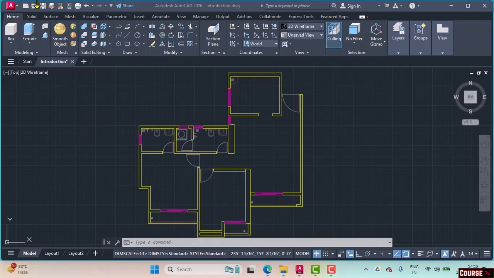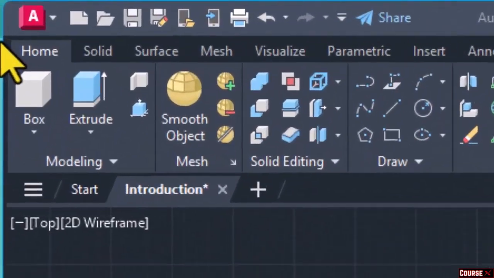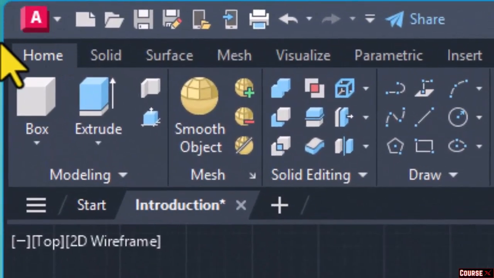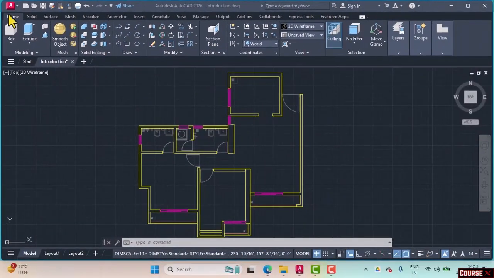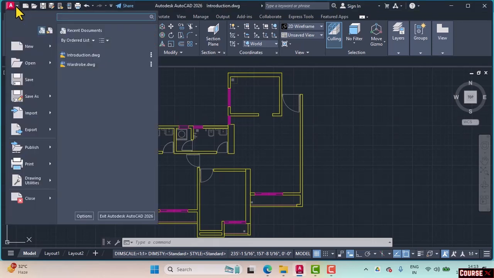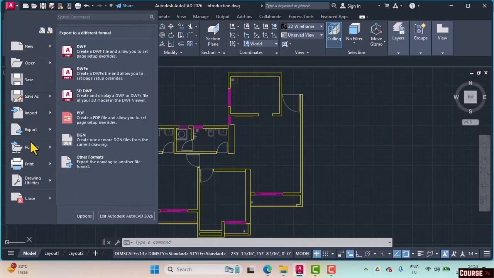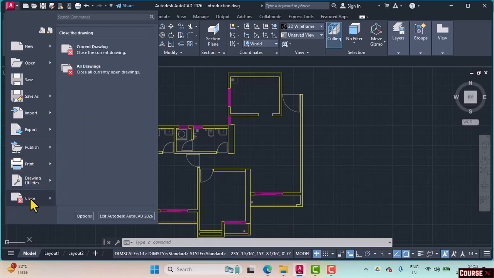In the top left corner of the screen, over here, you see the red A. This is called the application menu. It also has a flyout and you can invoke it by clicking on this drop down arrow. The moment you click on that, you will see a menu which gives you options like new, open, save, save as, import, export, publish, print, drawing utilities, close, options, and exit AutoCAD. So this is the application menu and you will find it in the top left corner of all the new